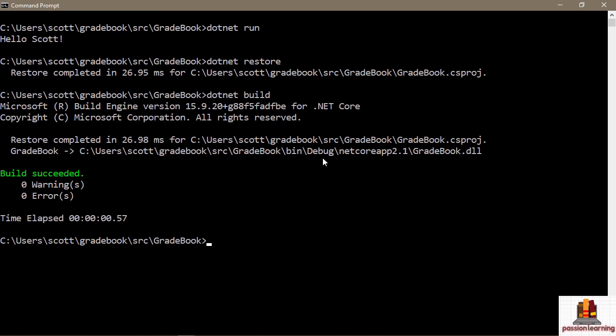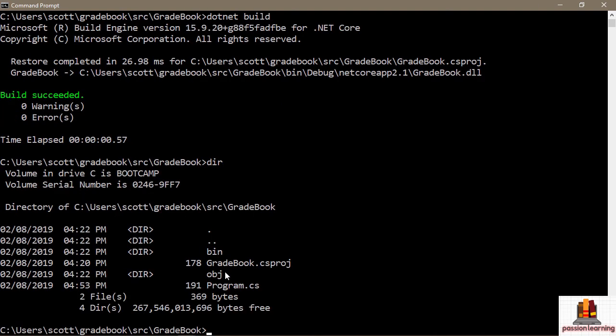It's in, furthermore, a debug folder, which just means this is a debug build of my application. It's going to be a little easier to debug, and we'll debug this application a little bit later. And then it's in a folder called Net Core App 2.1, because I have built this using the .NET Core SDK version 2.1. You'll also notice in this gradebook folder, there's another folder named OBJ, that's short for object or